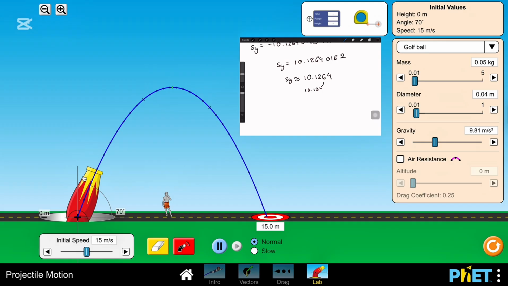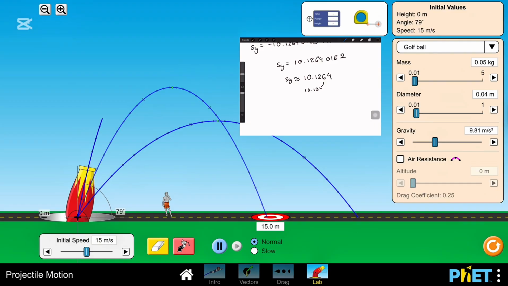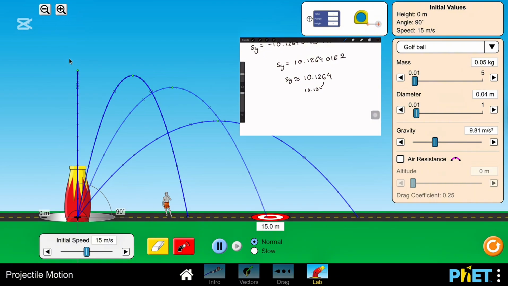But if you go down, it goes farther away. If you go up, it goes closer. So if we know that at 90, it's going to just go up and down in the same place, like its displacement is none from both sides,